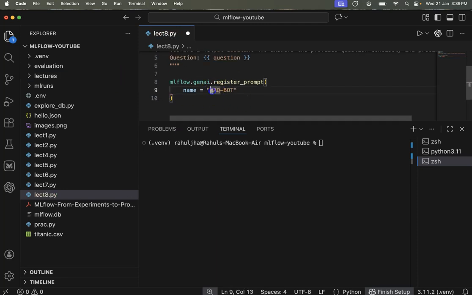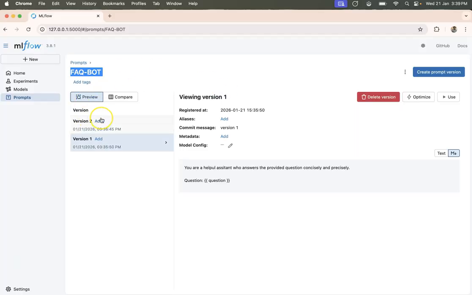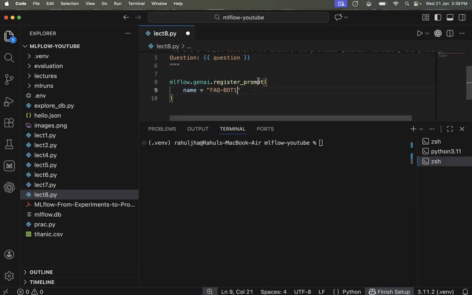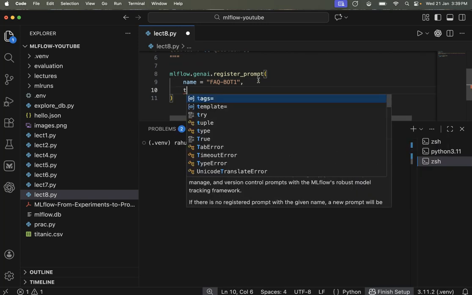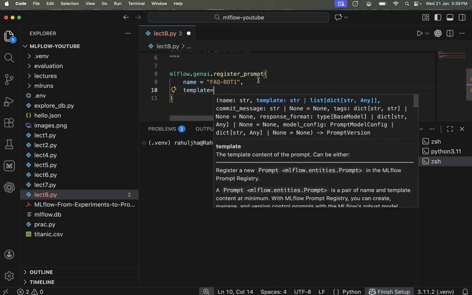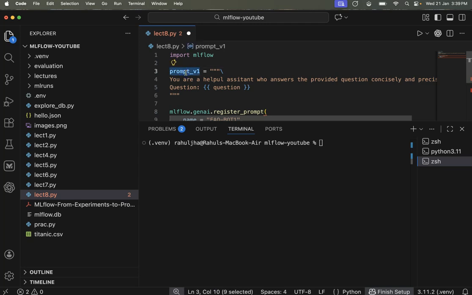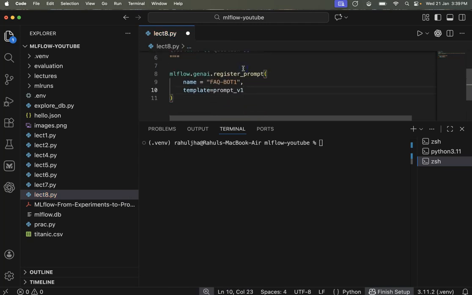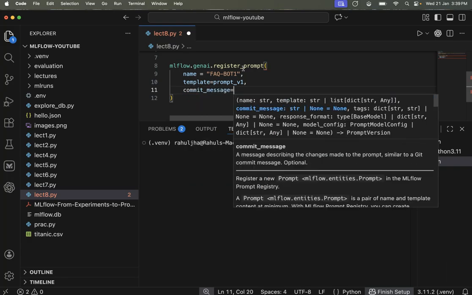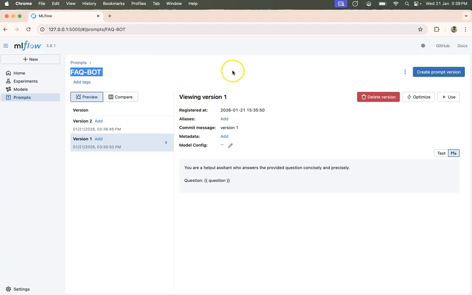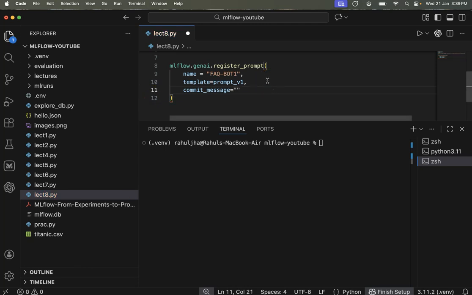Now if I use this same exact name, MLflow is going to register one more version. It's just like MLflow models. I will be using it first, and next we can provide the template. Template would be this string. Okay, and we can provide a commit message here, the way we provided a message in the UI. Version 1 prompt. Okay, now if I run this,